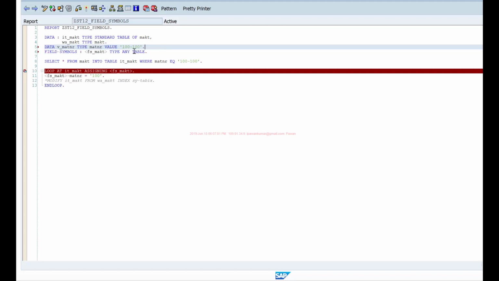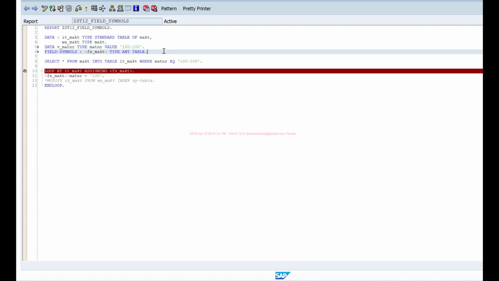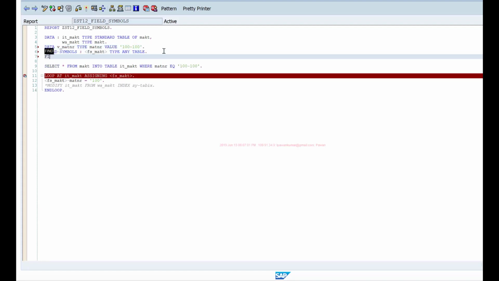Now, if I want to assign this data object to the field symbol, then I can define something like field symbols fs underscore matnar.